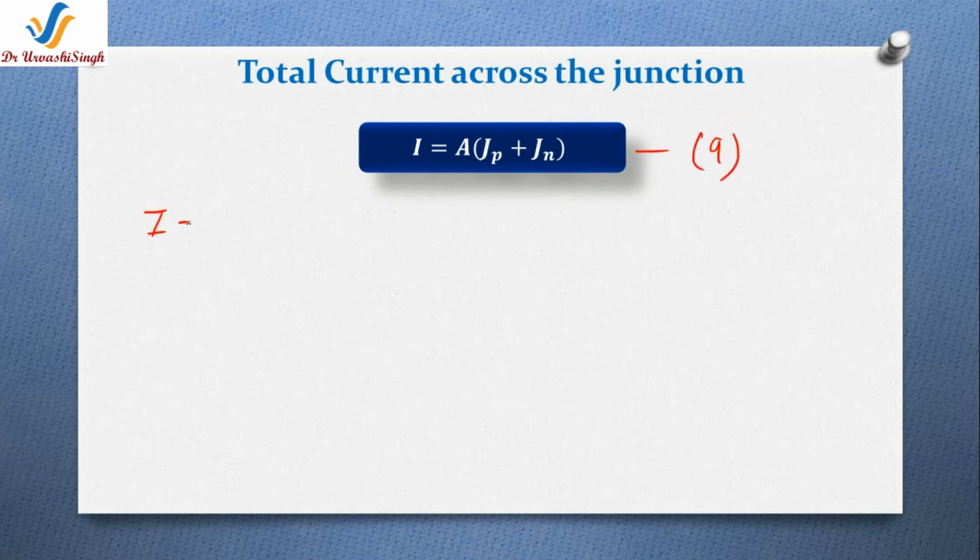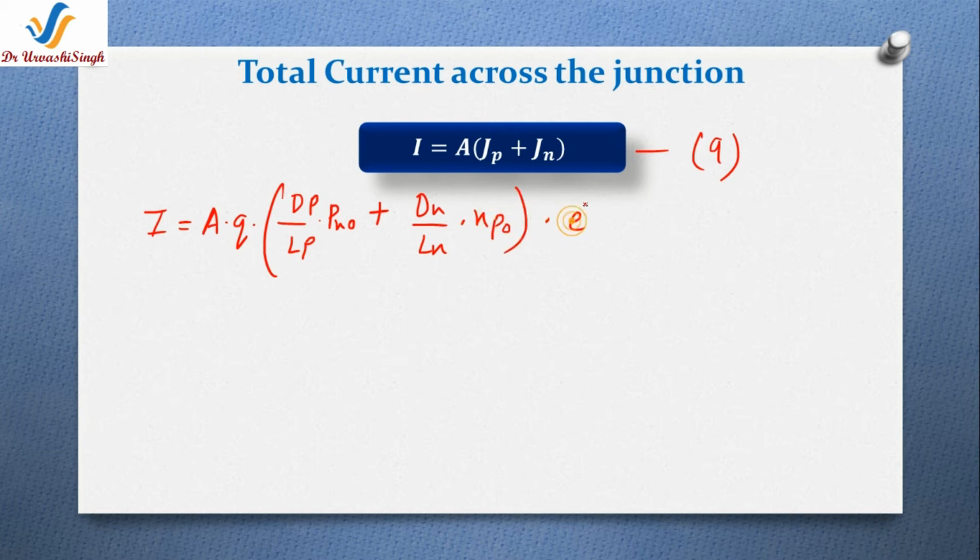Current is equal to AQ [Dp/Lp Pn0 + Dn/Ln Np0] times [exponential V/Vt minus 1]. This will be equation 10. Now using the mass action law to substitute the value of the minority carriers, the current will be AQ Ni square